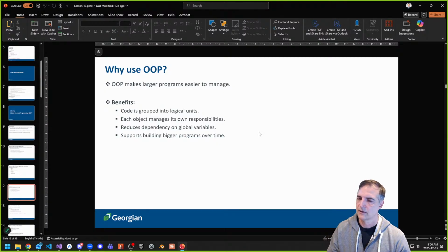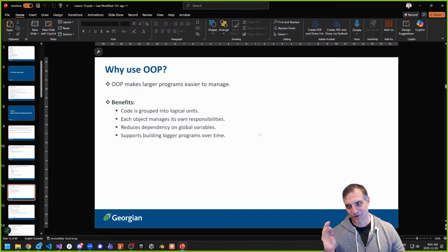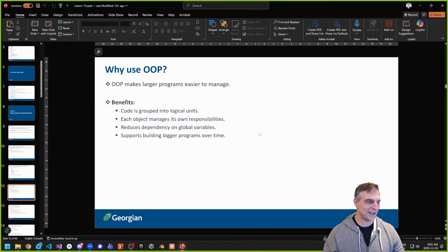You've been using classes and object-oriented programming, whether you know it or not, whether you like it or not, since the first day you were programming, whether you were programming here with me or whether you open up a Unity project. You've been using OOP the entire time, right? And the other way we can think about it: have you been using OOP, or has OOP been using you? And sometimes I think it's the latter, right?